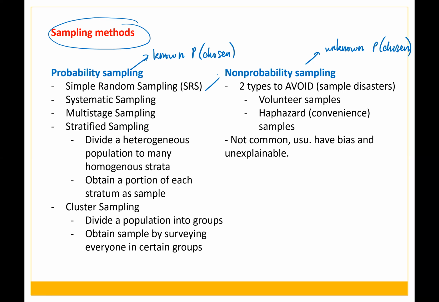In probability sampling, we have different types. Simple random sampling is very simple: we just pick them randomly from the big population. Systematic sampling, so say we pick one person after every 10 people, or